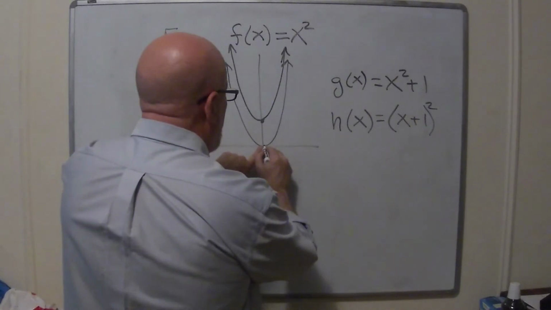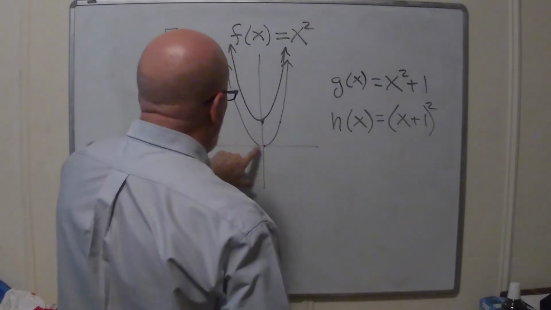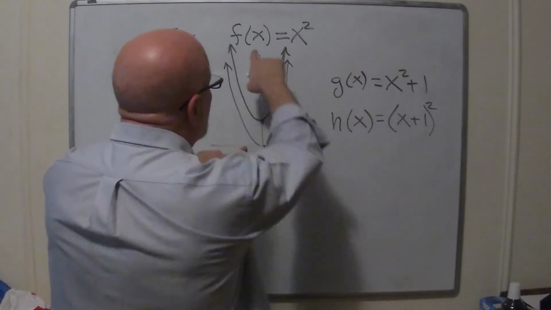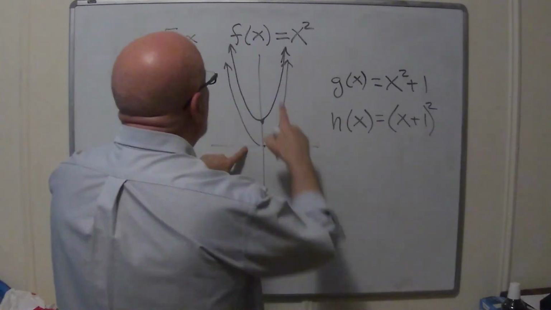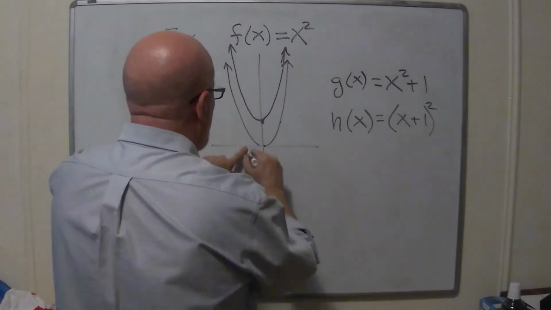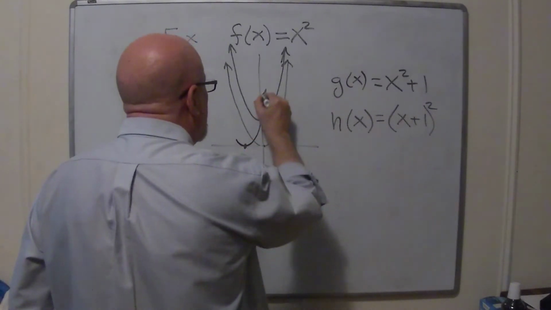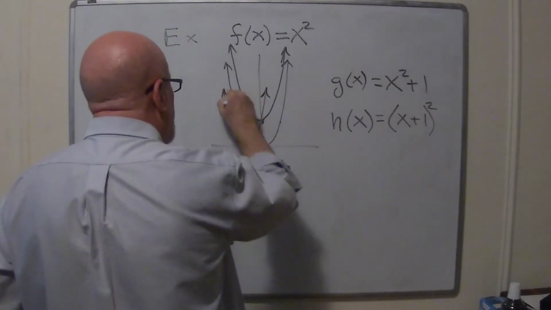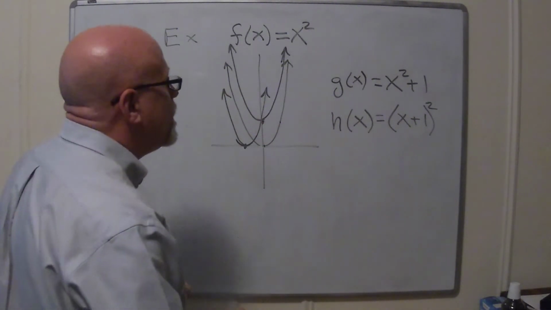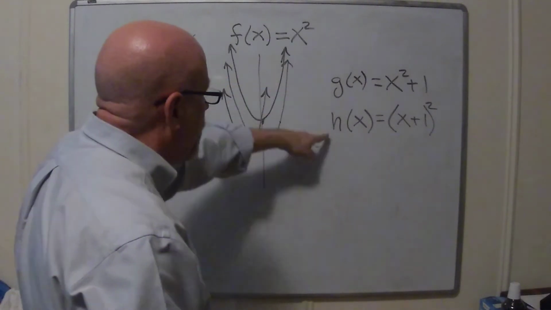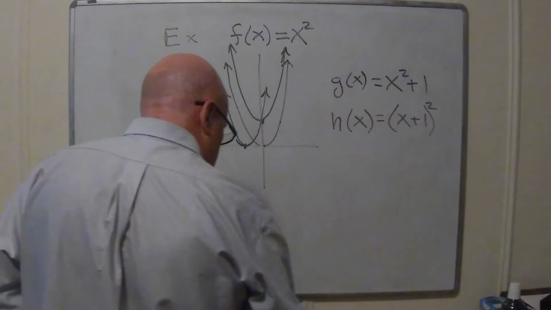So what we plot right here is this value. And then what we plot at minus 1, that's what we get. If minus 1 was in there, you'd have 0 after you added 1. And f applied to 0 would give us 0. So that's one. Well, okay. The end analysis is that the parabola just got pushed to the left. Vertical shifts, all good. Horizontal shifts, they work backwards. Just remember that, it'll be cool.